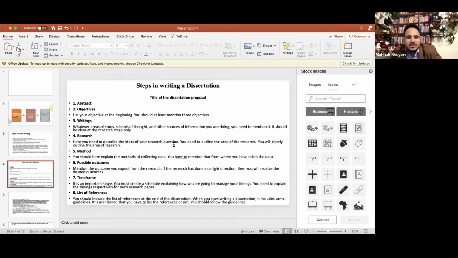Writings. So whatever areas of study, schools of thought, and other sources of information you are using, you need to mention it. It should be clear at the research stage only. At the very first, you have to mention whether you write it for your master's degree, for PhD, or for your project paper, whatever it is, we have to always disclose our aim